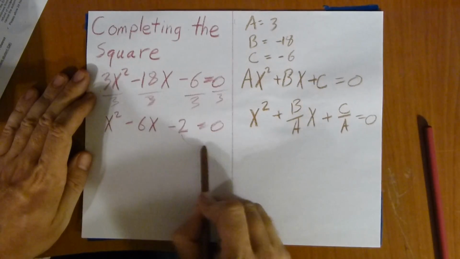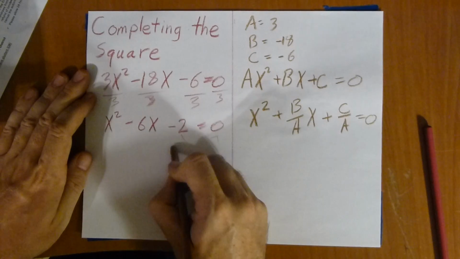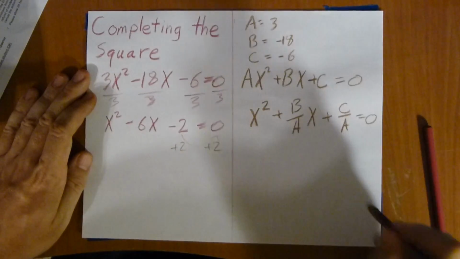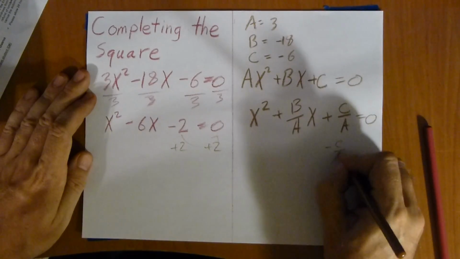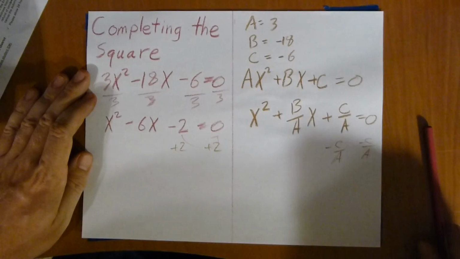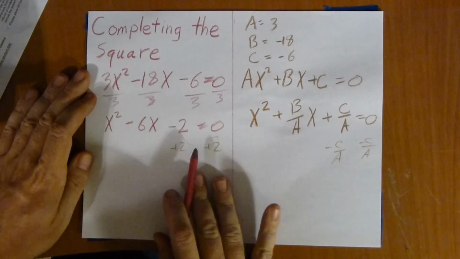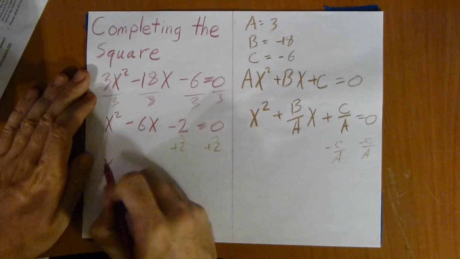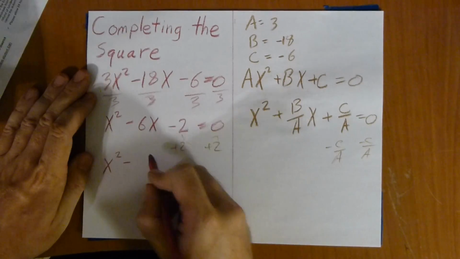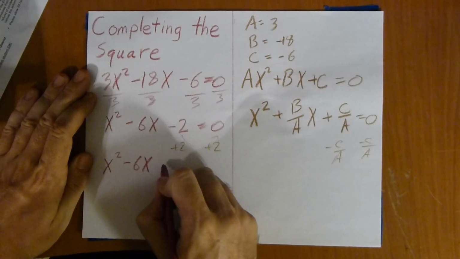Now we'll move this to the other side. Do plus 2 on both sides. Here we do minus c over a on both sides. And over here we get x squared minus 6x